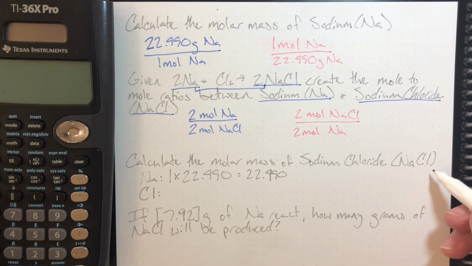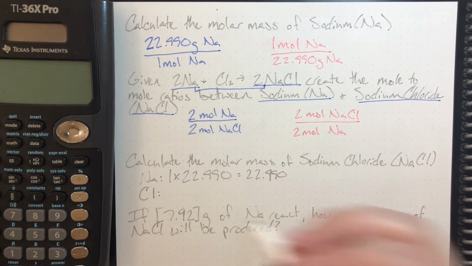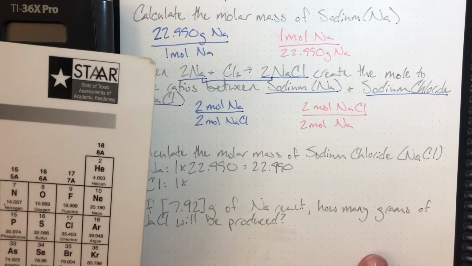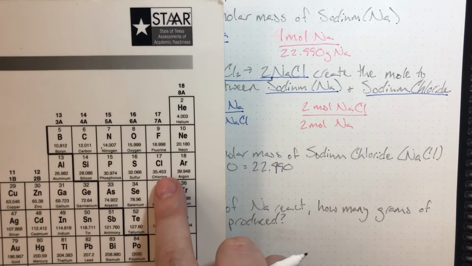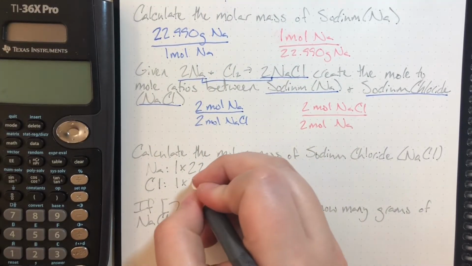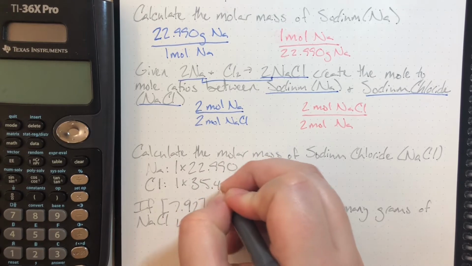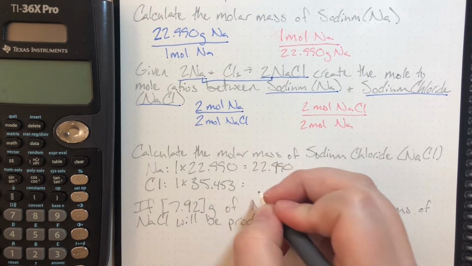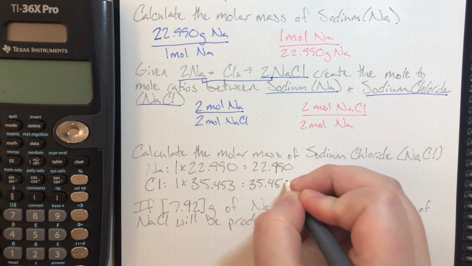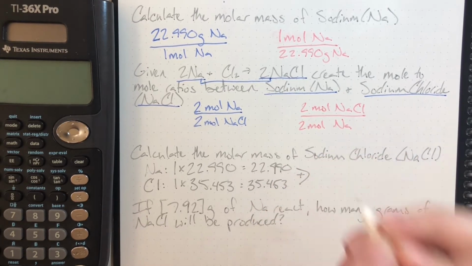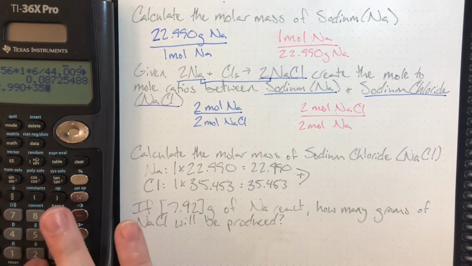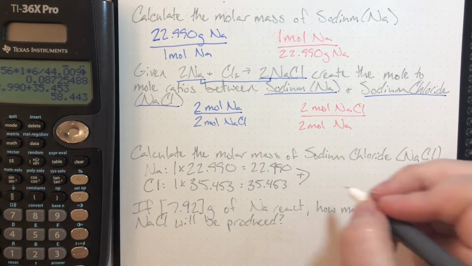Chlorine has an invisible subscript, so that means I only have 1 of them. 1 times the mass of chlorine from the periodic table. The mass on the periodic table is 35.453. One times 35.453 will give me 35.453. I will add those up. And that will give me